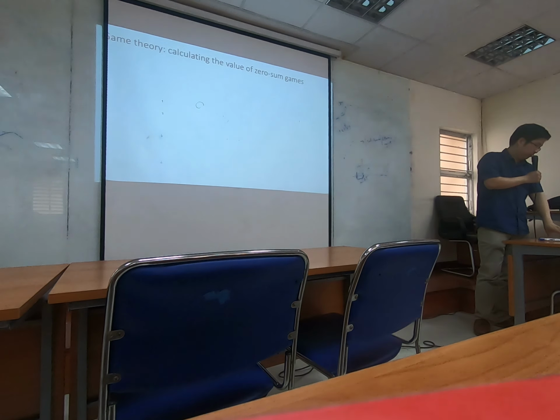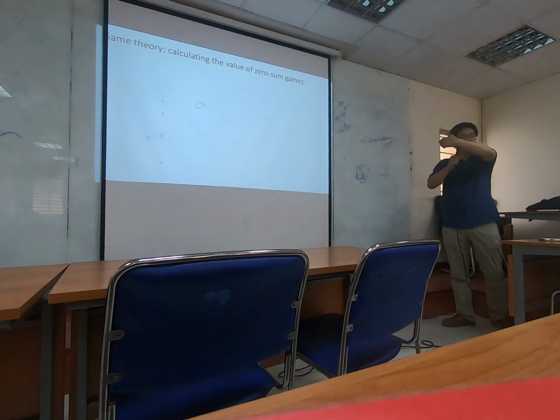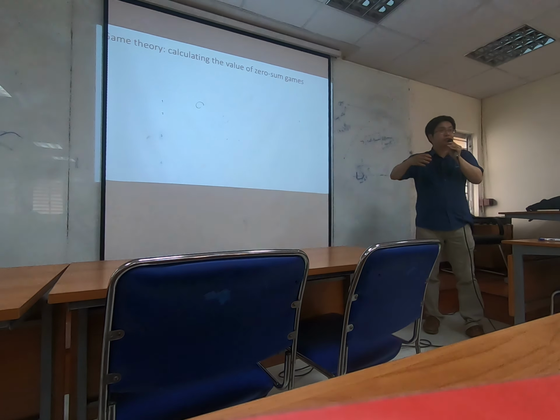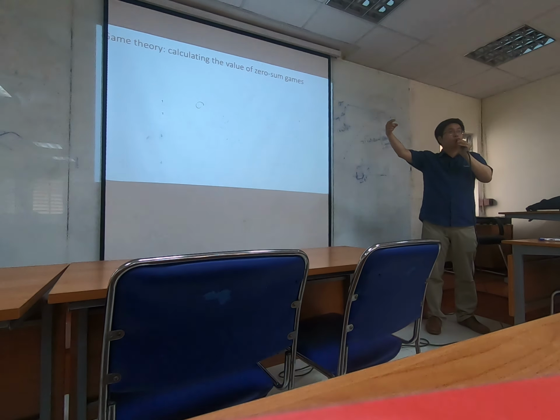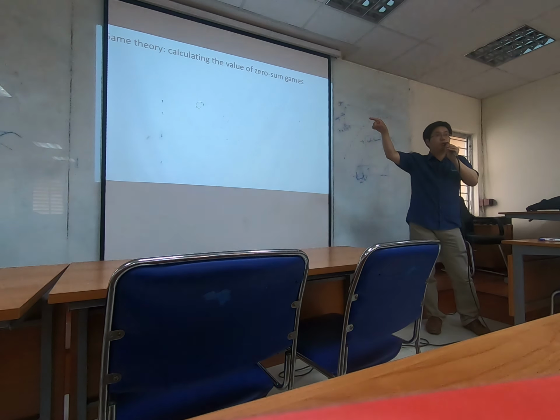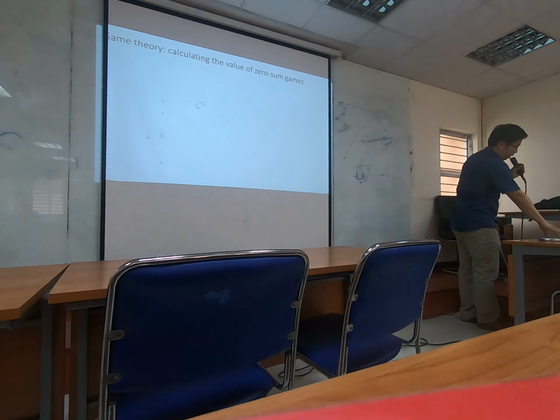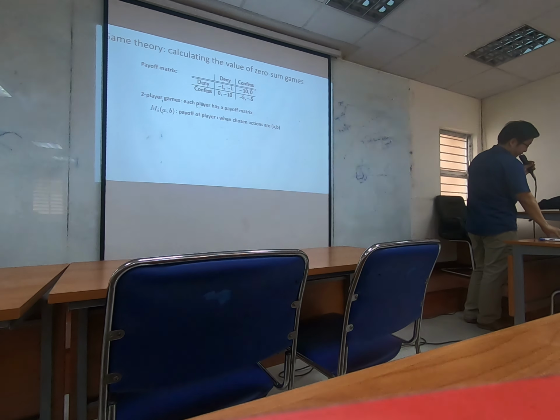So let's start with game theory. In game theory, I already mentioned the result. If you have a zero-sum game and both players use learning algorithms to learn, they actually converge to the stable solution. And this is exactly the thing that we use in GANs, in the previous two slides. Remember? I already mentioned it, but now I will show you how it works.